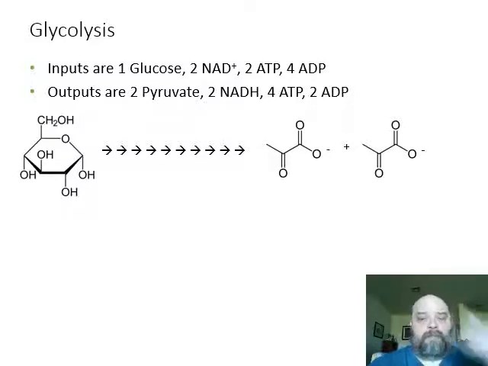as you see above my head, that's pyruvate. 2 pyruvates, 2 NADHs, so you get 2 excited electrons out of this, 4 ATP. So you invest 2 and you get 4 out, yielding a net yield of 2. It's not much, but it's enough for some things. Powering our cells, our eukaryotic cells, no. Prokaryotes, so